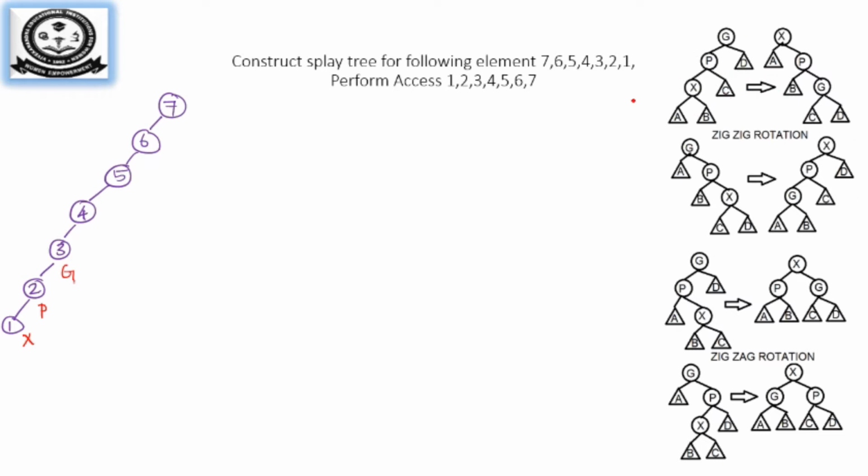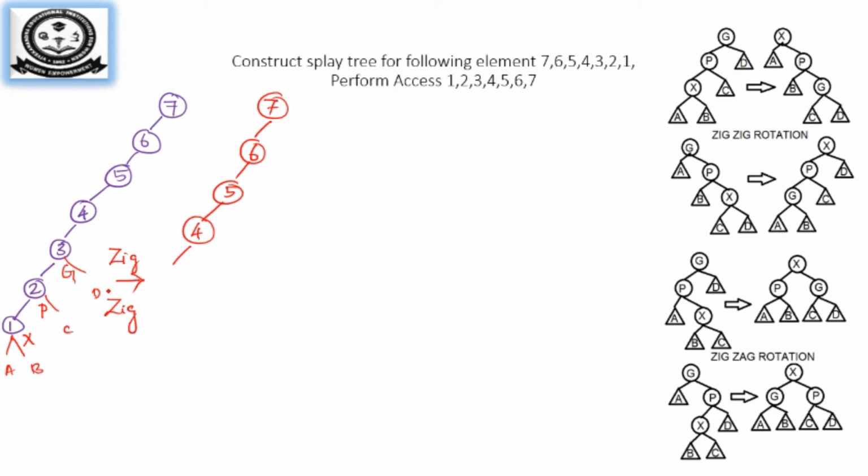So first diagram. You don't have any A, so you don't have any B. I don't have any A, B, C or D. So the rest of the structure must be untouched. So it will be similar: 6, 5, 4. Now this is rotated, it is rotated with zig-zig.